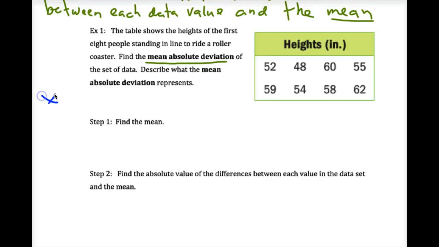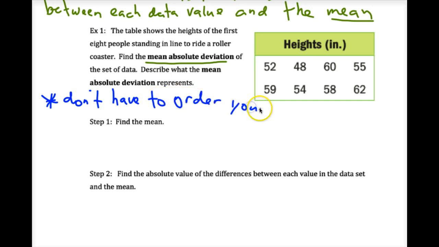Step 1. Nice thing about this stuff is that you don't have to order your numbers. You don't have to put these numbers in order. Because all you have to do is find the average. To find the average for some data, do they have to be in order? Nope. Okay? So we got 8 people here. To find the average, add them all up. Carefully type them into your calculator.